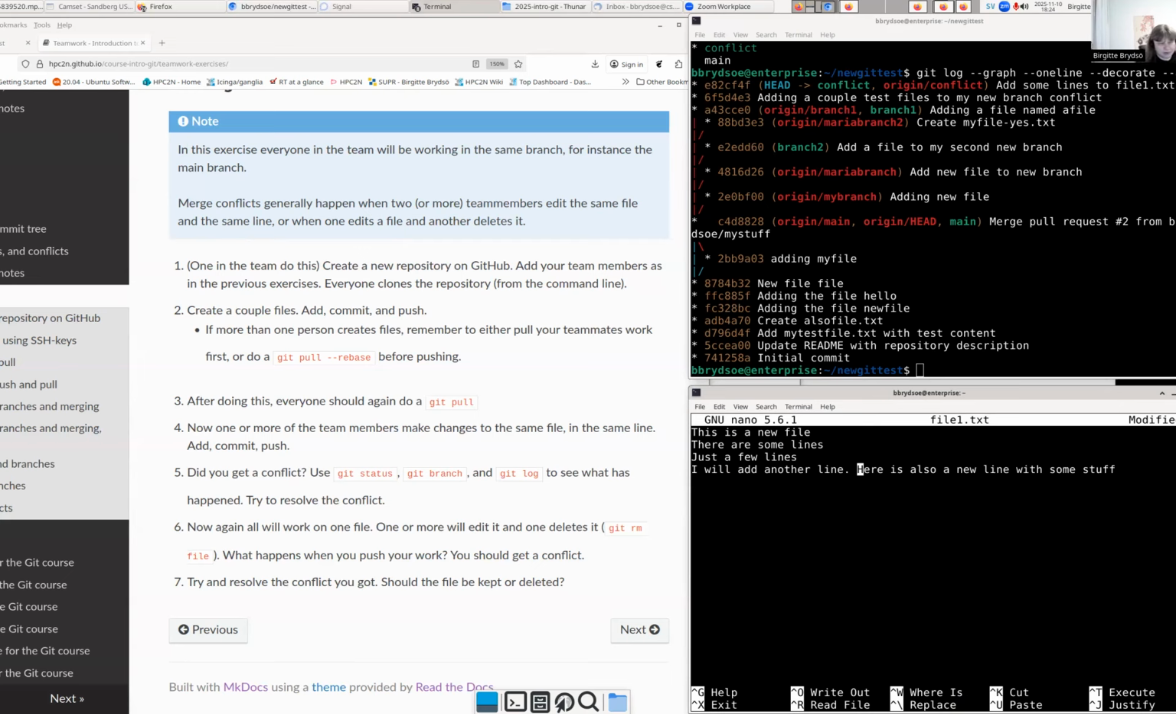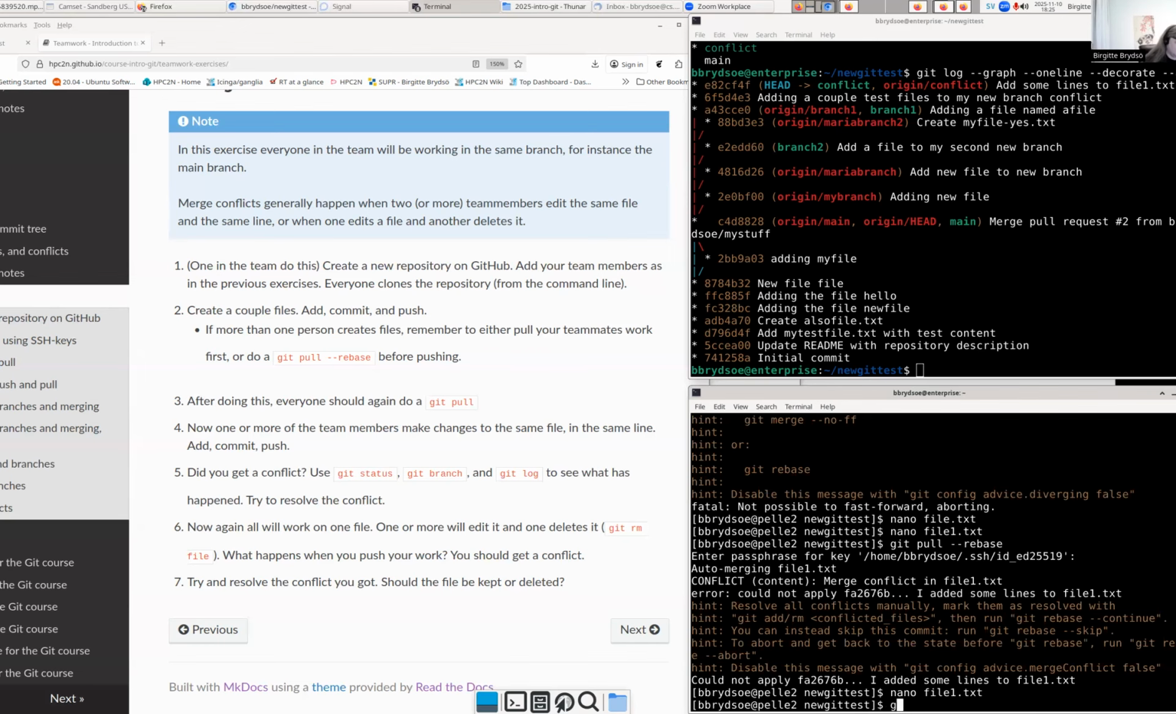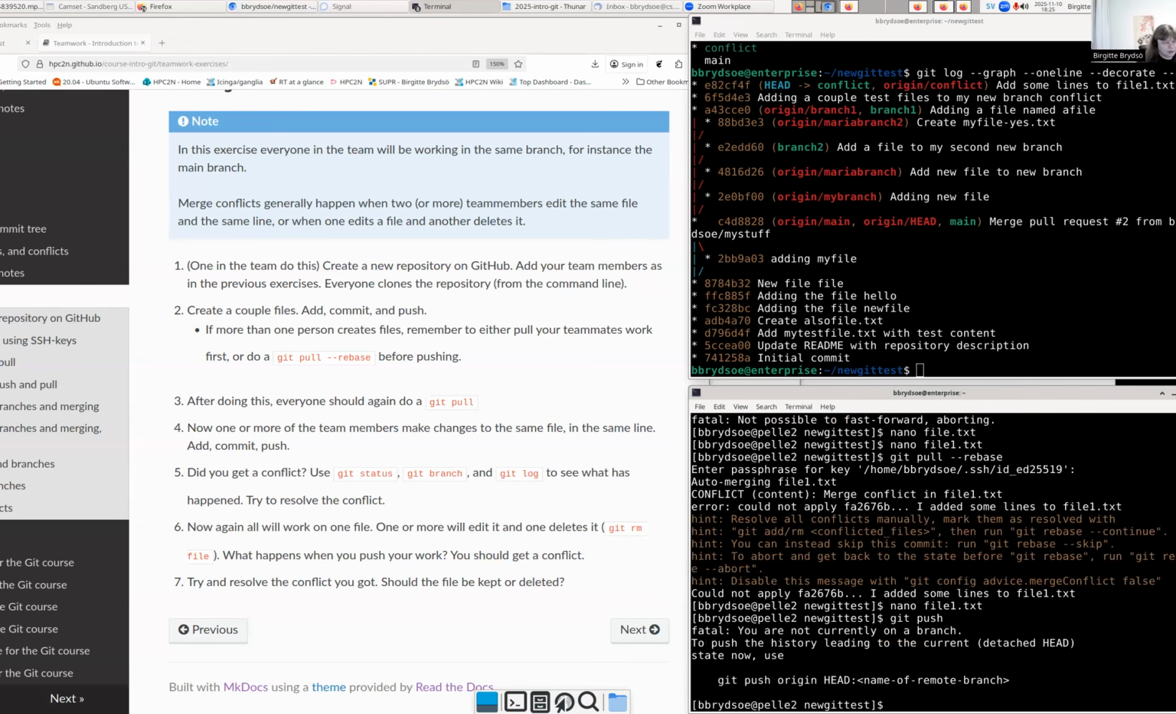So I'm making a decision that I want it to look like this, and that is what you will have to do because Git can't know what you want here. So we save it, and then we try doing a push. And now we actually can do a push, but